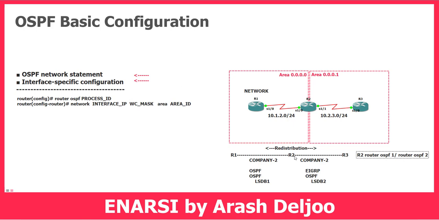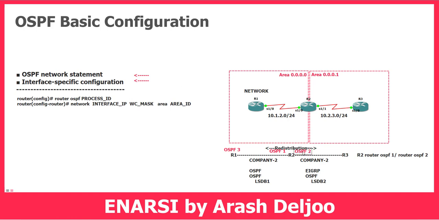You will learn more about the process ID, but let me say that we use the process ID to identify two processes of the OSPF from each other. In most cases, it is recommended that we use the same process ID in one routing domain. For example, in this routing domain, we can configure OSPF process ID 3 in router 1, but OSPF process ID 1 in router 2 for the left side, and OSPF process 2 on the